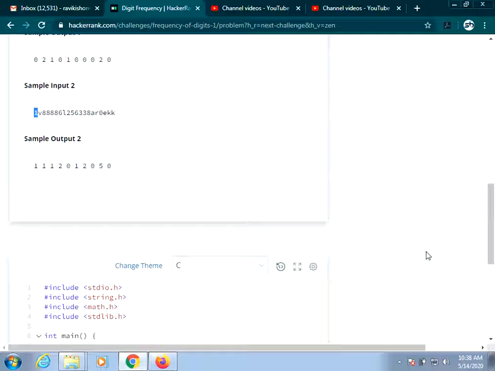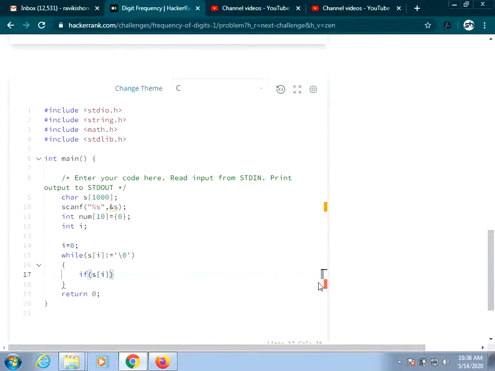Remember, 1 here is a character. You can check whether it is 1 or not, whether your character is 2 or not.